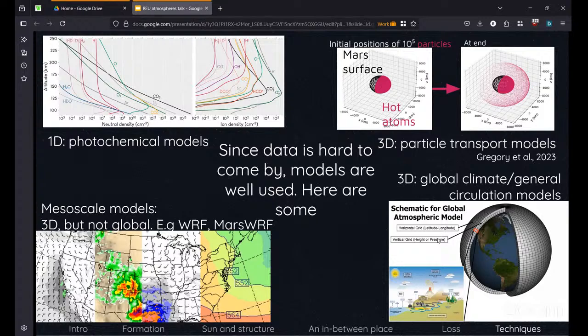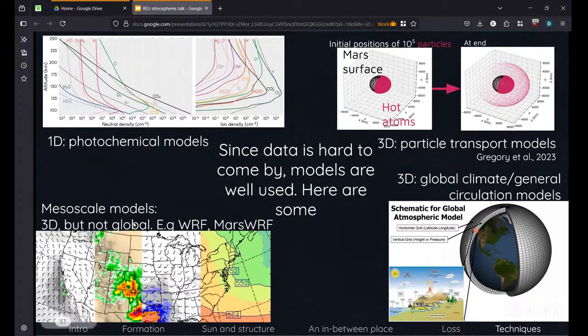And this is kind of an attempt to throw the whole kitchen sink into the model. Like, let's model every process we can. We're going to model it as a sphere. We're going to have transport going horizontally and vertically in every which way. And we try to put in all the physical processes that we can. So we do these for Earth and also for Mars, for Venus, pretty much every planet, there's a version of one of these models.